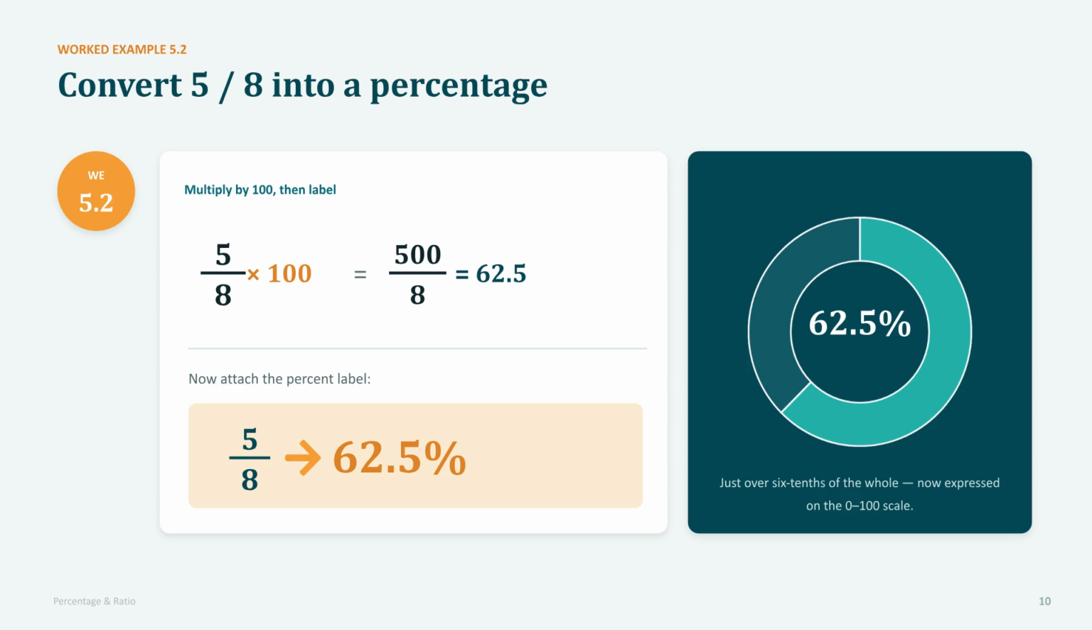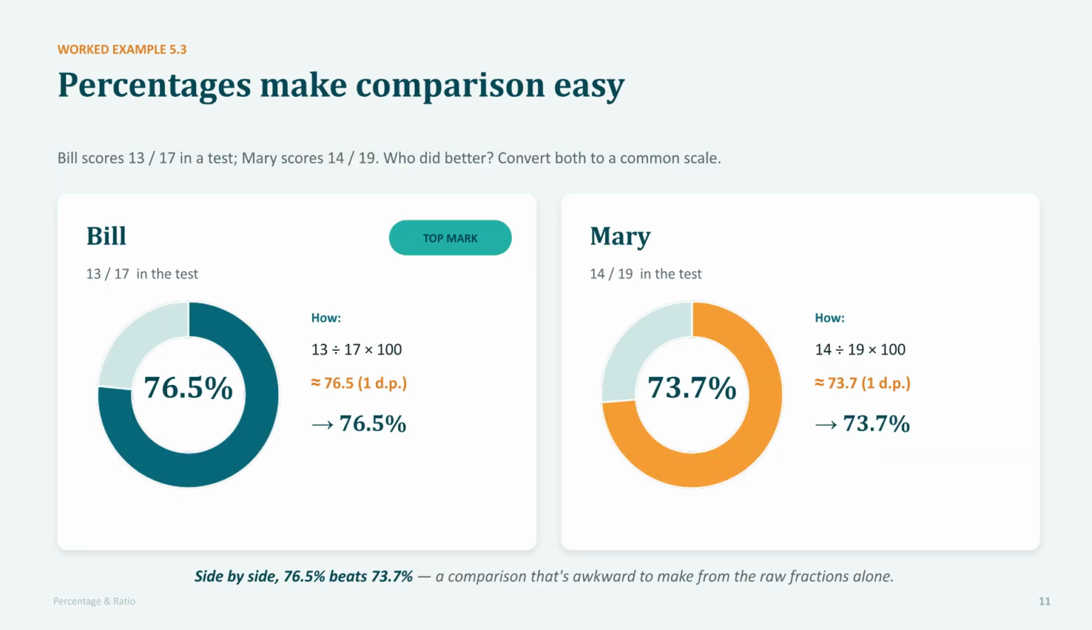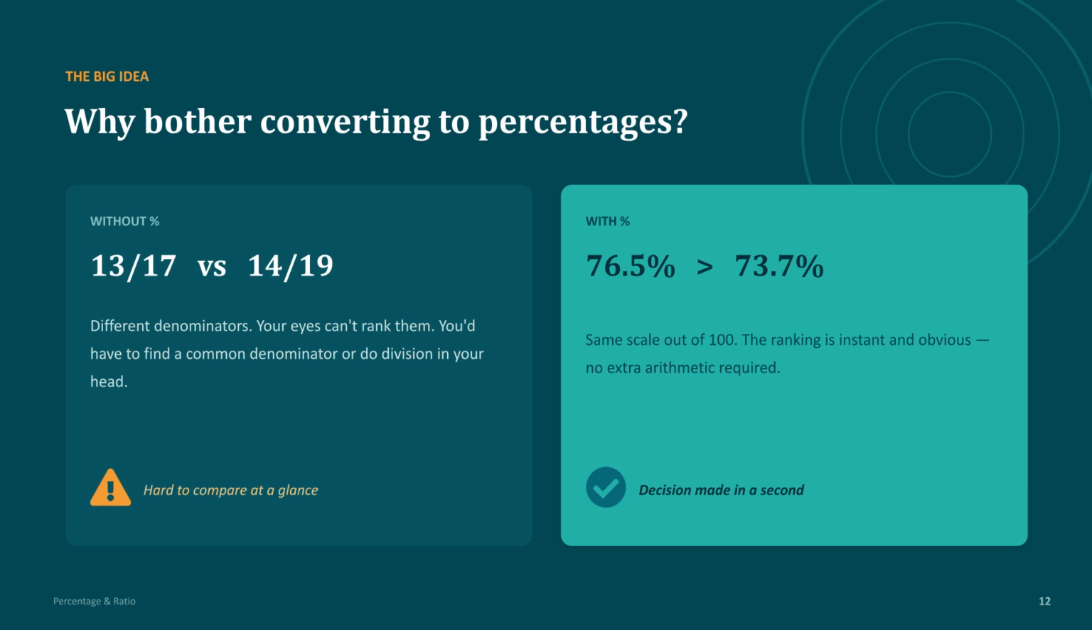Let us look at 5/8. Multiply 5/8 by 100 to get 500 divided by 8, which equals 62.5. So 5/8 is 62.5%. Percentages make comparing different values simple. By converting 13 out of 17 and 14 out of 19 into percentages, we can easily see that 76.5% is greater than 73.7%. Converting to percentages eliminates the difficulty of comparing different denominators, allowing for instant and clear ranking without